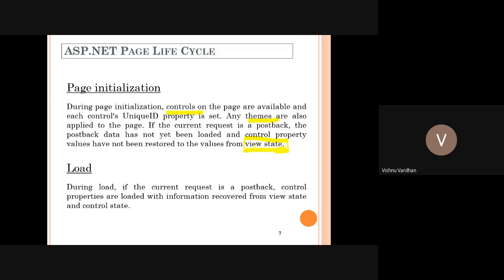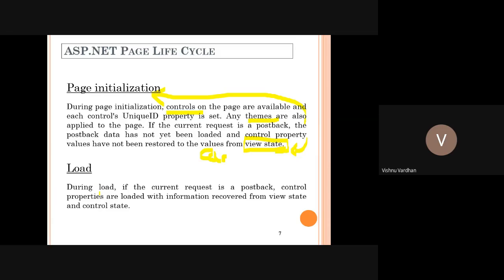Okay, so the information is looked up in this view state, the cache objects, or in the session object. Okay, so there are some different locations where we can fetch the information, and all that information is initialized before we can call that the page is actually being loaded.